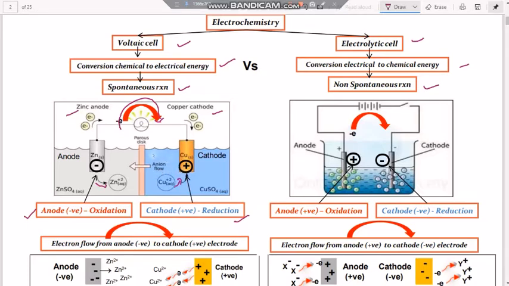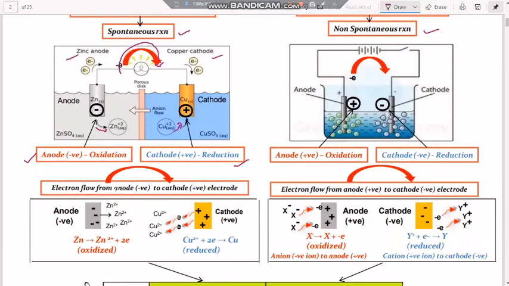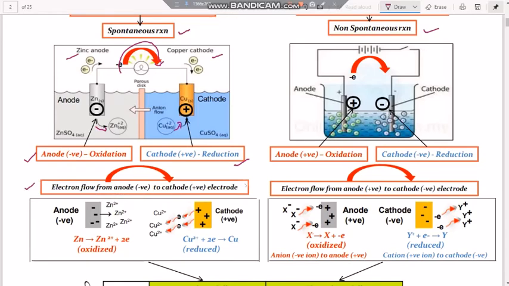The flow of the ions is different and the flow of the electrons is different. The anion movement, that is sulfate ions or chloride ions. Suppose you take copper sulfate, the sulfate ions start moving towards zinc. Zinc will get oxidized in this reaction. So in this way, electron flow from anode to cathode takes place in the voltaic cell, whereas the anode is negative here because of the electrons which are present around it. That means zinc releases electrons, gets oxidized, and over the zinc electrons are present.